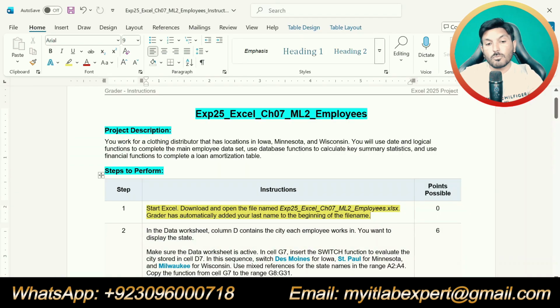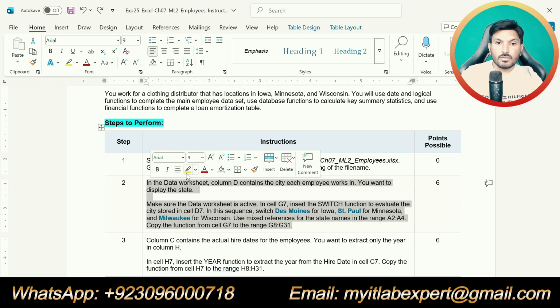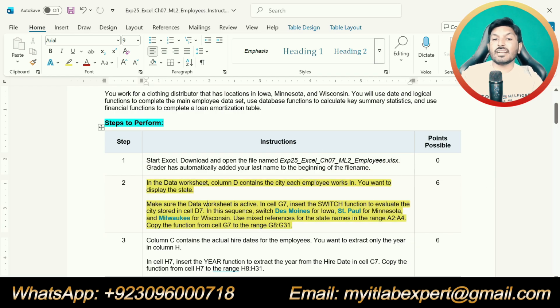Now we are going to move to step number 2. In the data worksheet, column D contains the city each employee works in. You want to display the state. Make sure the data worksheet is active. In cell G7, insert the switch function to evaluate the city stored in cell D7.